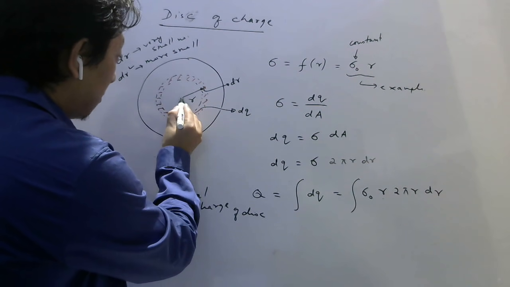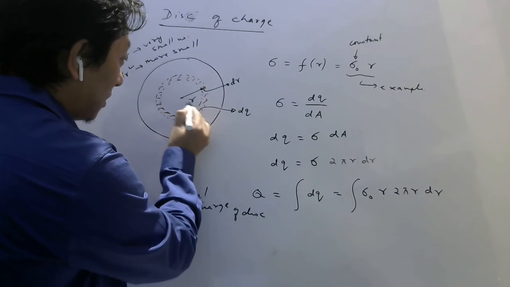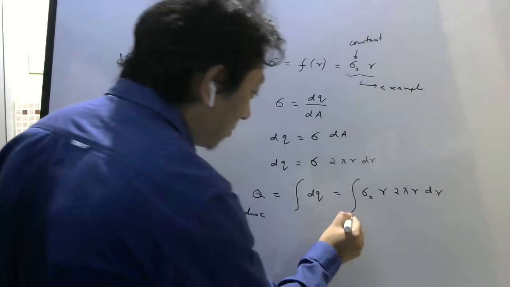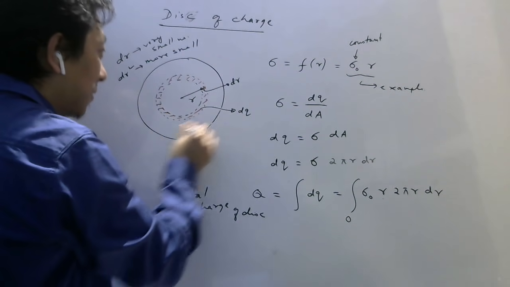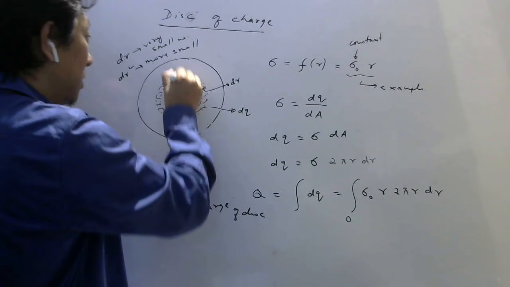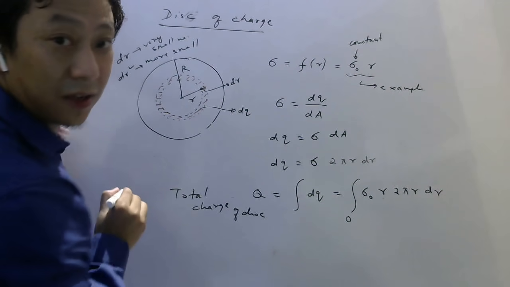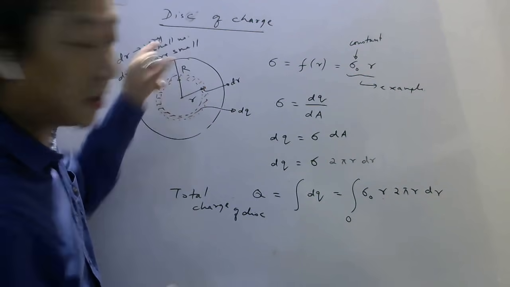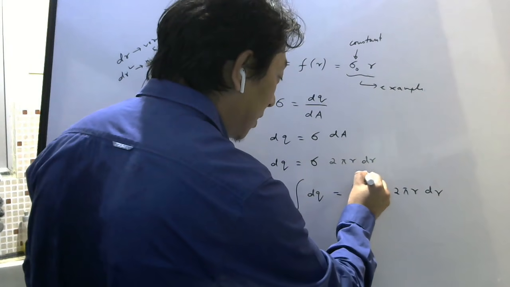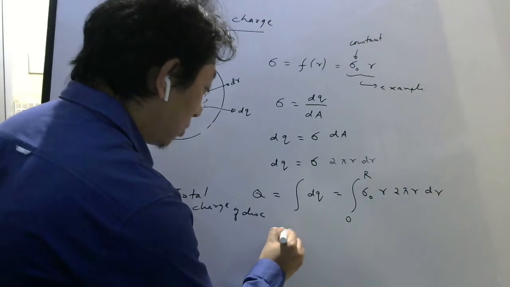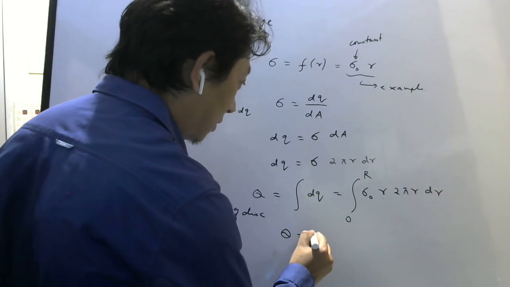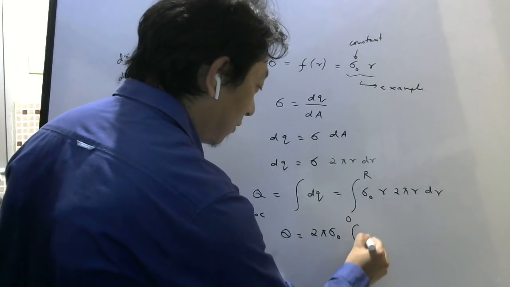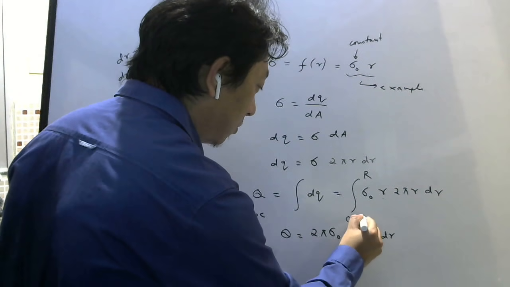So when you started from here, what was the value of this r? If you take this ring here itself, then your r starts from 0. And when you reach this ring, your small r will become this capital R, which is the radius of the disk. Correct? So small r varies from 0 till capital R. So the lower limit is 0, the upper limit is capital R. So the total charge will be, yes, constants you take outside, 2 pi sigma naught outside. What is left? Integral of r square dr from 0 to R.